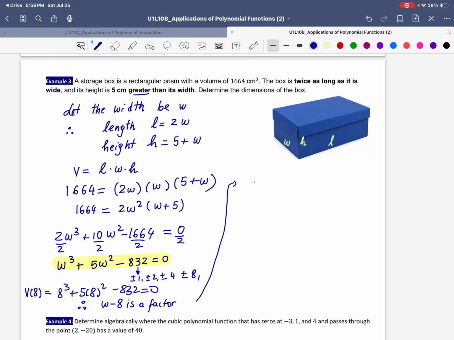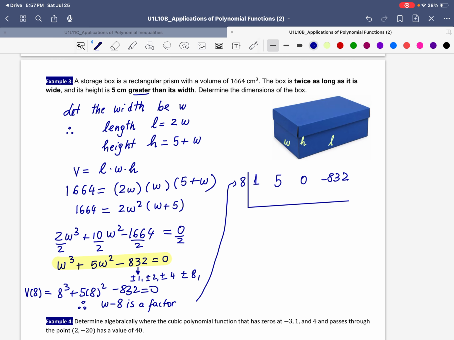So w cubed has a coefficient of 1. W squared has a coefficient of 5. Now there is no w term, so we're going to give it a coefficient of 0 here. And then lastly, we have the constant term negative 832. And we're dividing this by